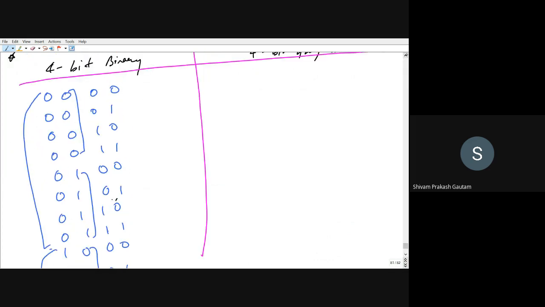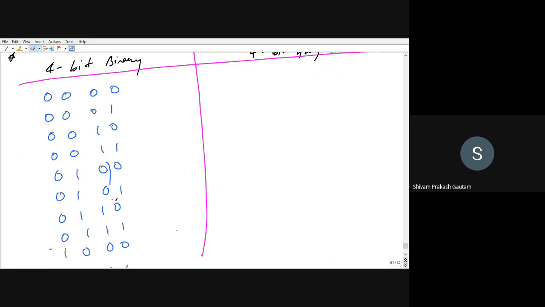In the second place, 2 times 0, then 2 times 1, 2 times 0, then 2 times 1. This pattern will be there. In the last, in the LSB, 0 1 0 1, it will be changing in each place, that is 0 1 0 1 0 1, like this, right? So you can remember it like this, or you can directly write by addition of 1 to the binary.